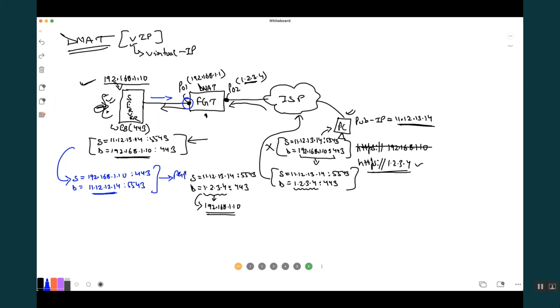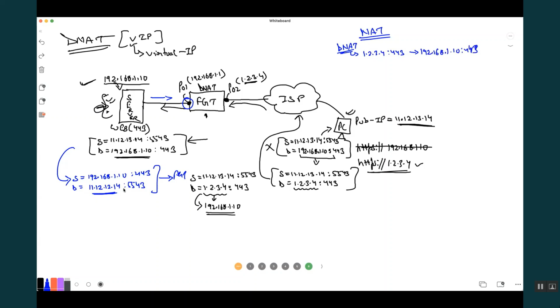Now, since FortiGate maintains a NAT table, when it does a NAT, it knows that it has done a DNAT. It will say, I translated 1.2.3.4, port 443, against 192.168.1.10, port 443, correct?